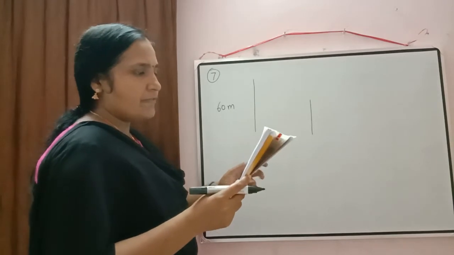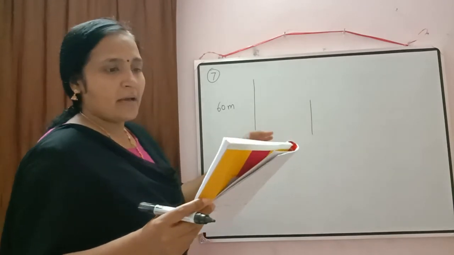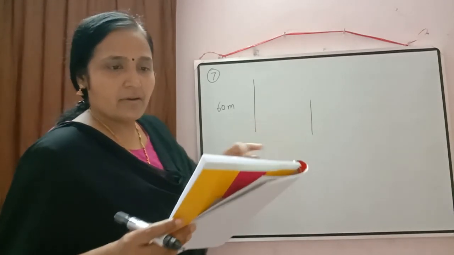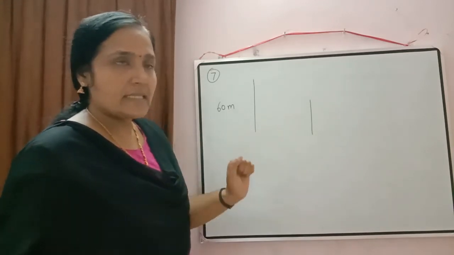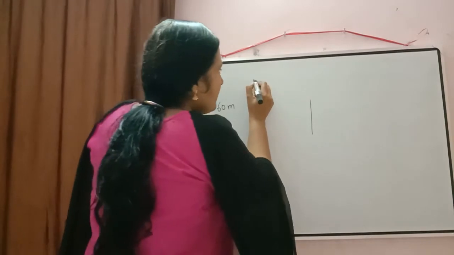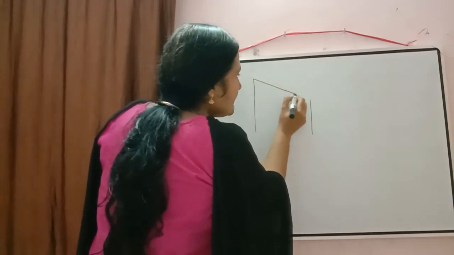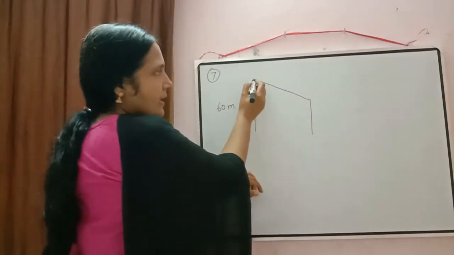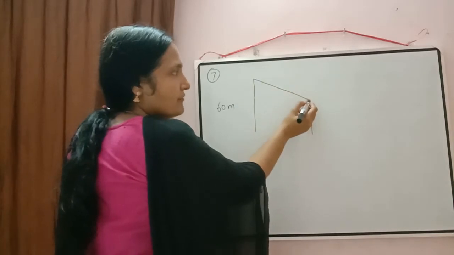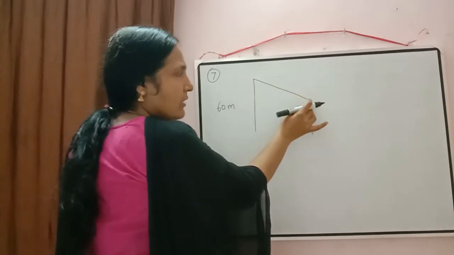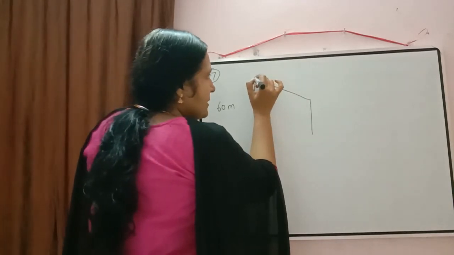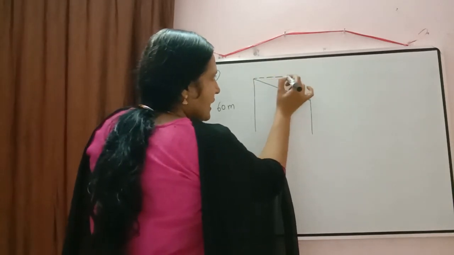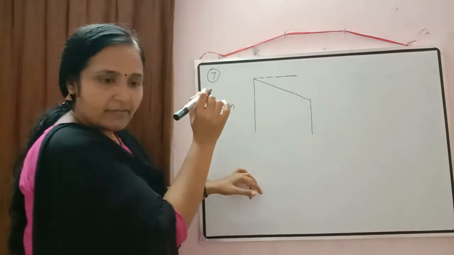The angle of depression of the top and bottom of a tower. So the angle of depression of the top of the tower is 30 degree. So we are here and we are looking at the top of the tower. So we are looking down, so an angle of depression will be formed. But where will it be formed? Here, with the horizontal line. And what is that angle given?